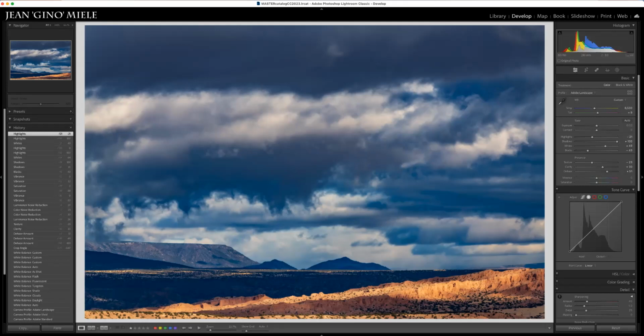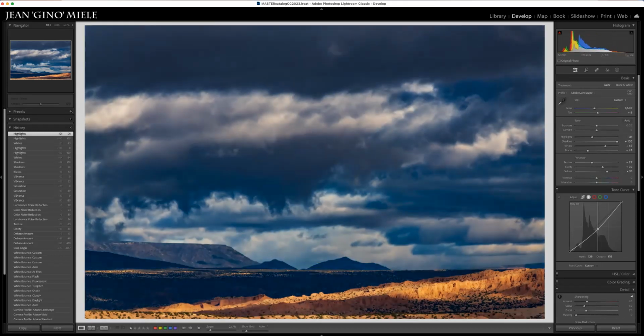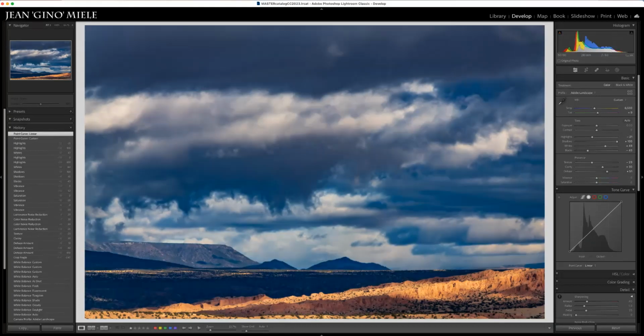If you're familiar with tone curves, you might play with that to see, oh, interesting. So what I'm seeing is the sky gets much more dramatic when I get things a little bit darker. And I might just make note of that for later when I do local adjustments. I'm going to restore this back to its default, readjust my white point and my highlights for the foreground, and make a little note that